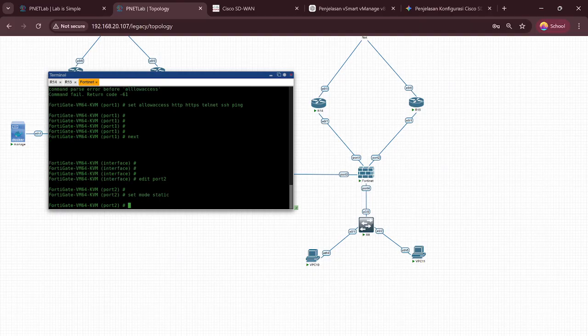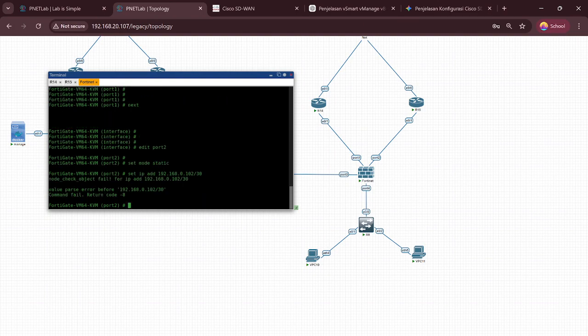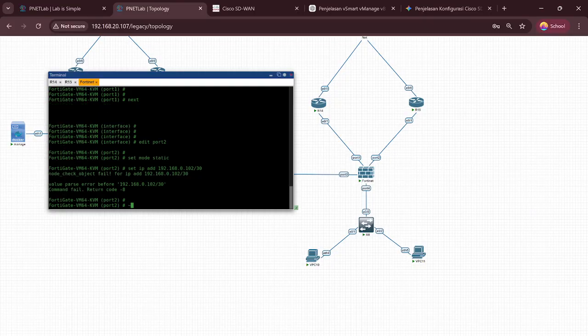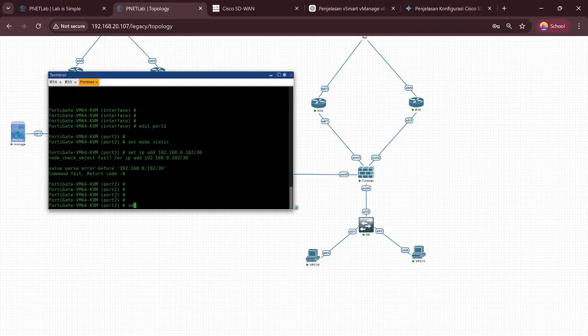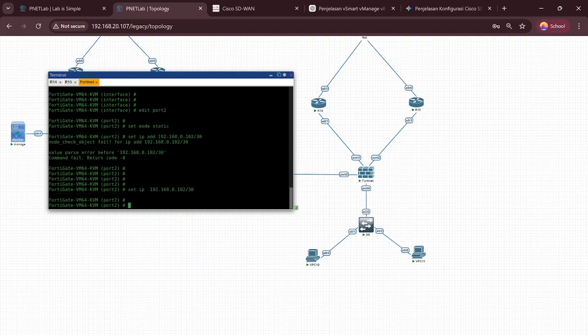Set mode static, set IP 192.168.0.2, prefix 30.